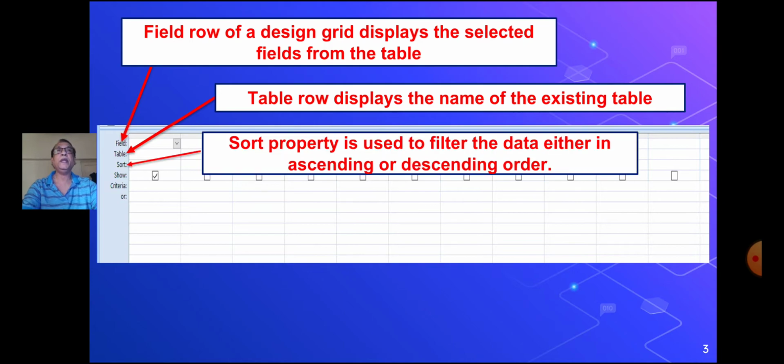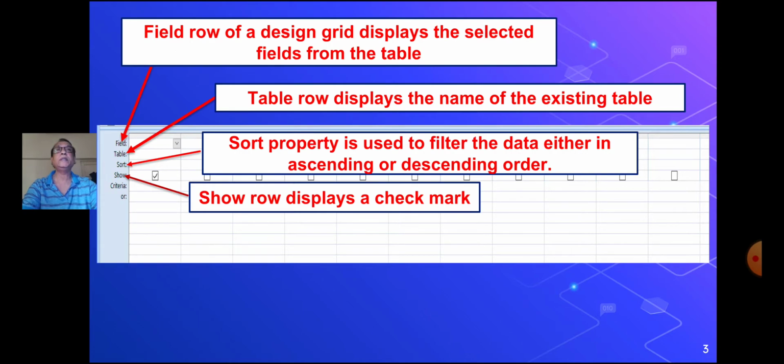Sort property is used to filter the data either in ascending or descending order. Show row displays a check mark. The fields with check marks display the information when the query is being run. To hide the fields during runtime, uncheck it.